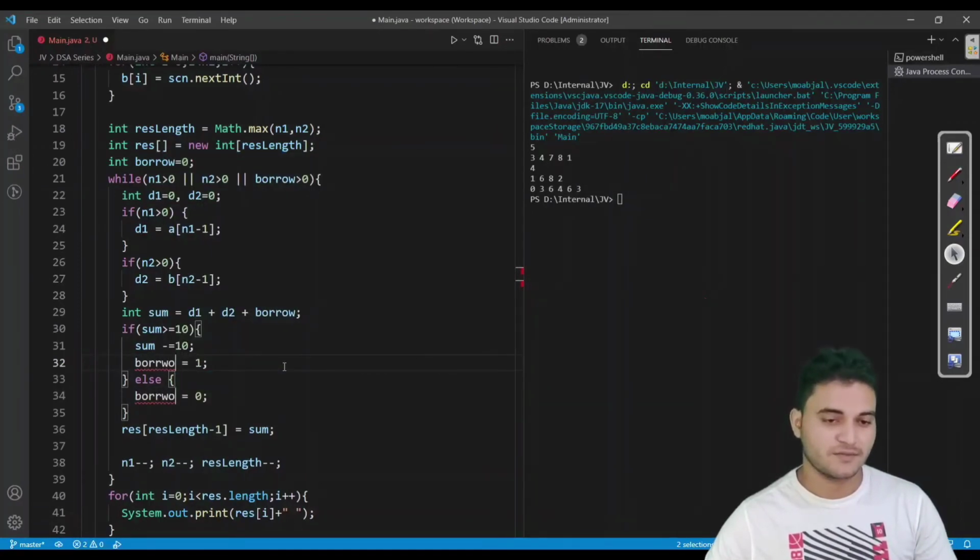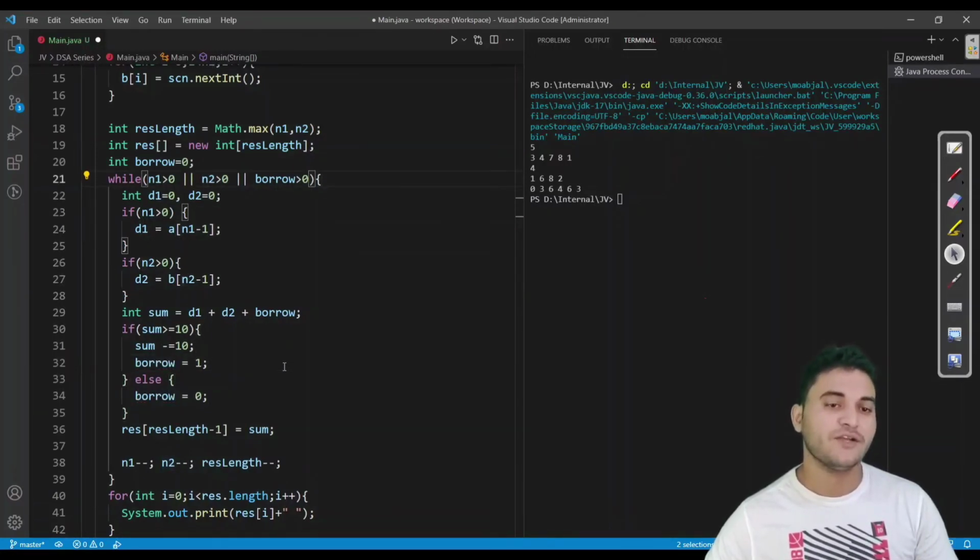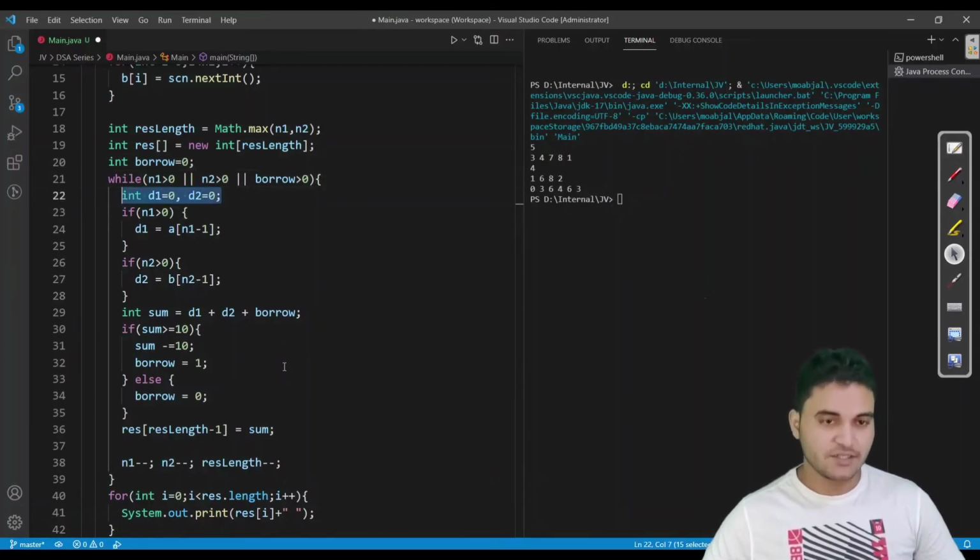Fine. I have made a spelling mistake. Now what we have to do, if borrow is 0 or n1 or n2 is 0, then we have to get digits d1 and d2. We are fine till here. We have got d1 and d2.